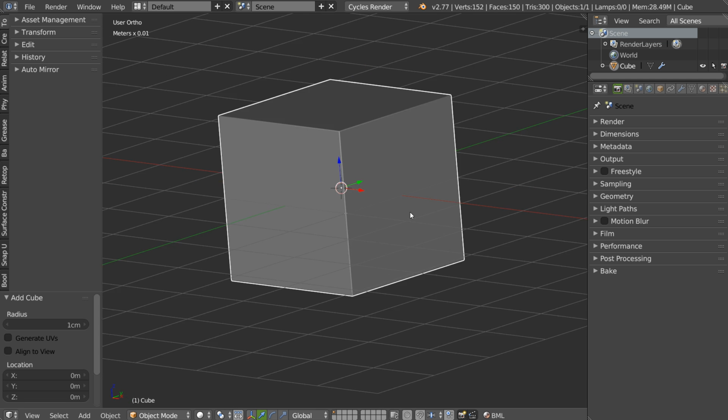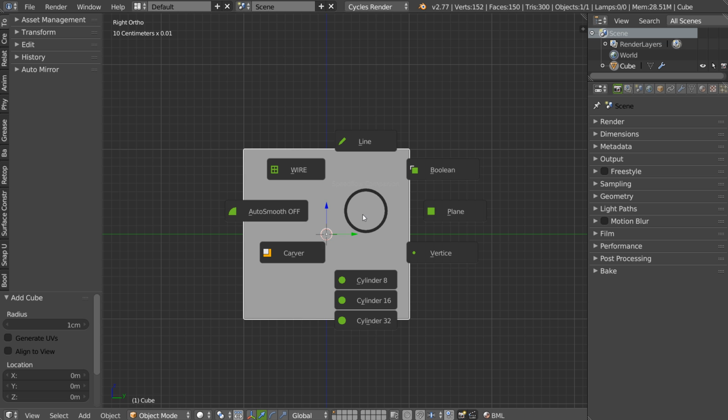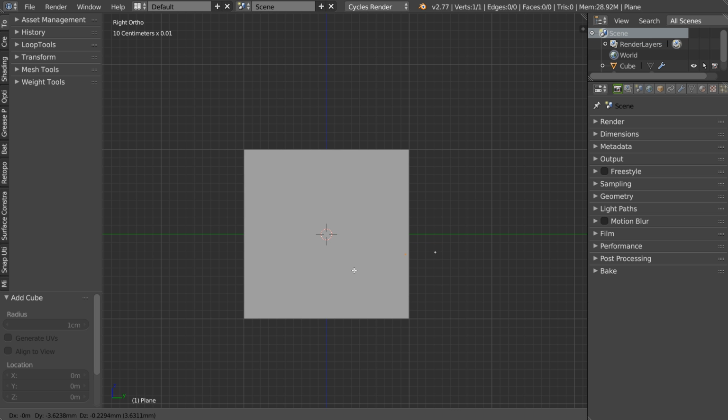I'm here. The last tools are Carver, I will show you after, but we added some little tools to work really fast. This pie, honestly, is for me. I will give it to you if you want, but if you don't want, don't use it, it's really for me. You can add a vertice directly. I have a vertice here. You can edit your vertice like this.